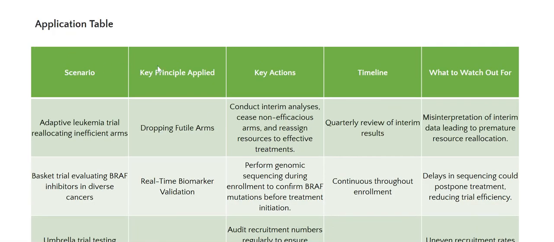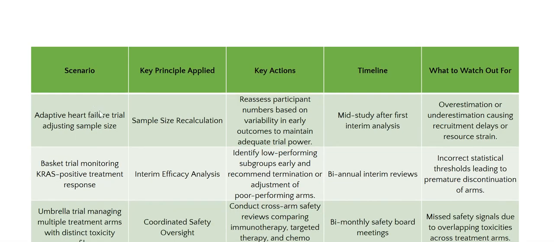Application table, we have scenarios. For each scenario, key principle applied, key actions, timeline, and what to watch out for. As scenarios, we have adaptive leukemia trial reallocating inefficient arms, basket trial evaluating BRAF inhibitors in diverse cancers, umbrella trial testing multiple lung cancer therapies, adaptive heart failure trial adjusting sample size, basket trial monitoring CRAs or KRAs positive treatment